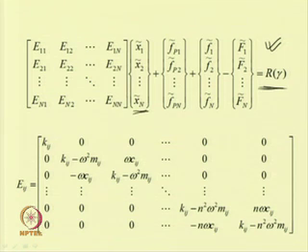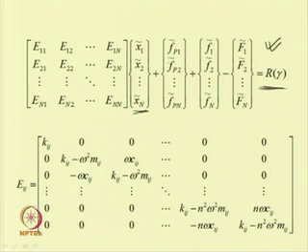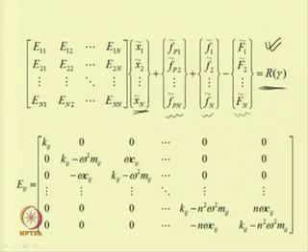So, these are the x 1, x 2. Here we have these x terms: x1 bar, x2 bar, xn bar, and these are the forcing terms. This is the parametric forcing, this is the nonlinear terms associated with that, and this is the external force. So, we have taken all the forces to the left hand side and substituted these expansions in the original equation, and as these are approximate solutions, the right hand side will never be equal to 0, but there will be some residue. So, this residue is retained by writing this R gamma.